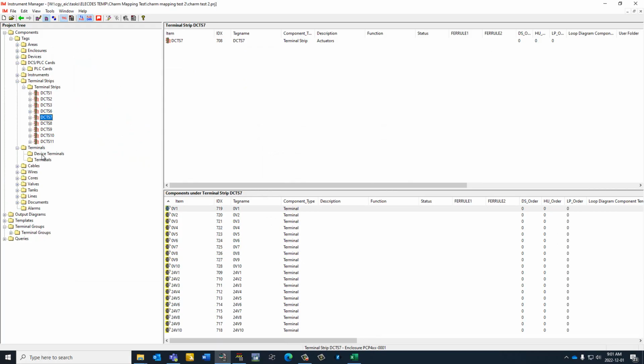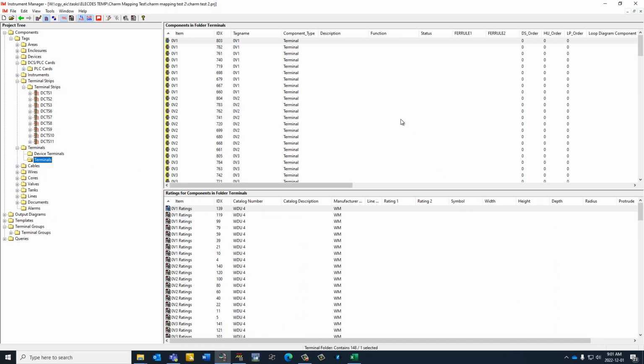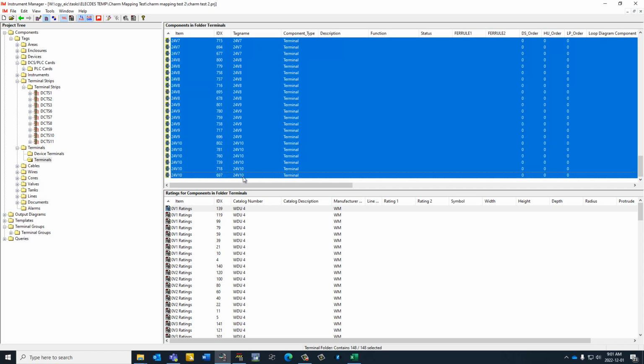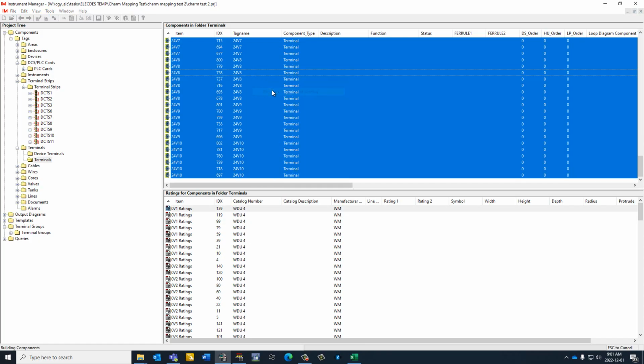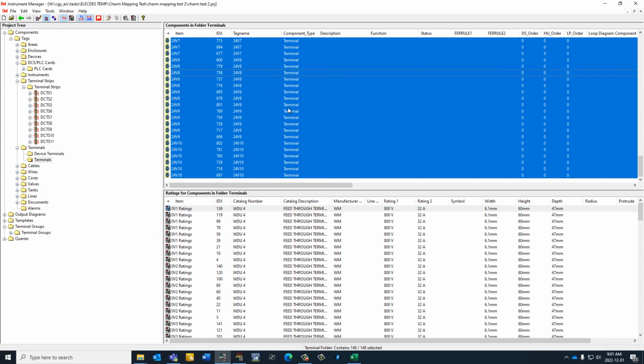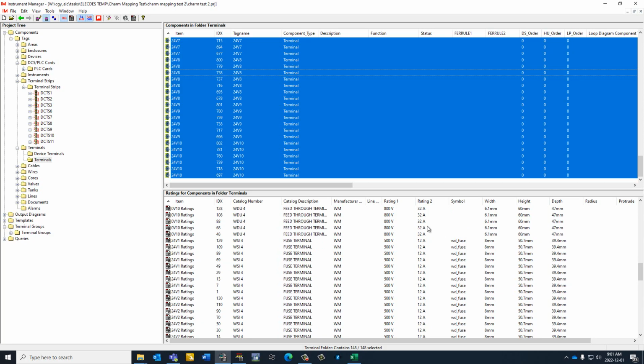Now when I look at this in terms of the data, I'm missing some of the bits and pieces from the catalogue. So what we do here, we are going to highlight the terminals that we've brought in. I'm going to scroll down to the bottom of them. I use the Shift key when I'm selecting and clicking on them, same as I do with any other program. Then I'm going to reselect from current catalogue, and you can see it's brought in all sorts of information,